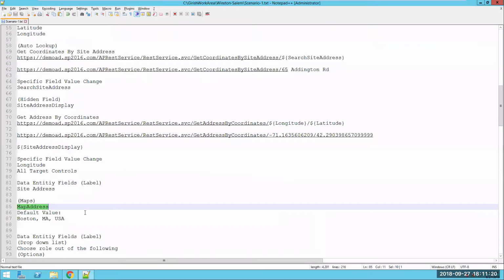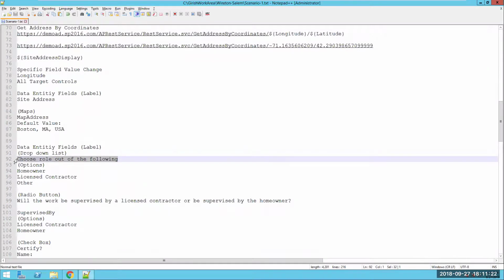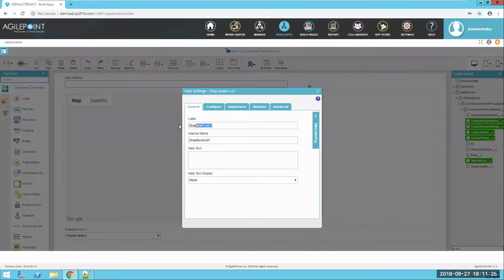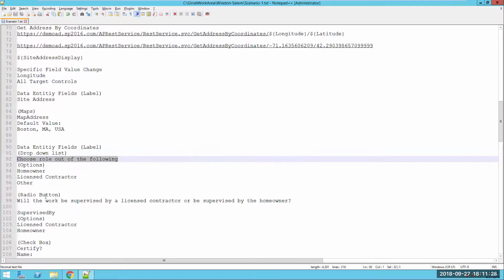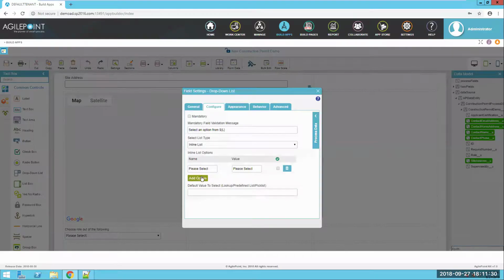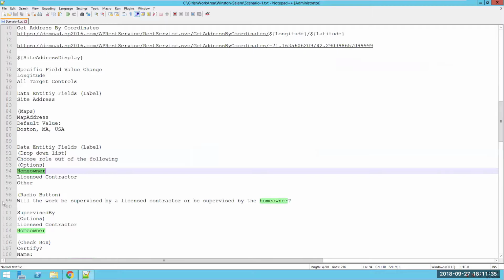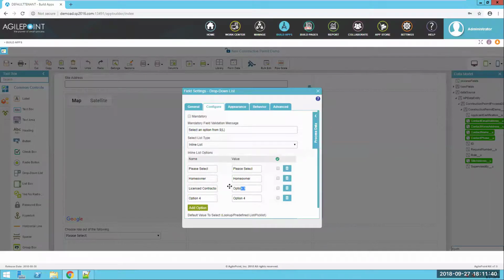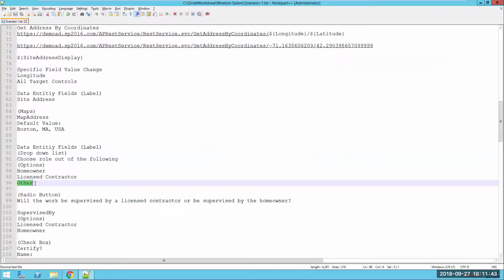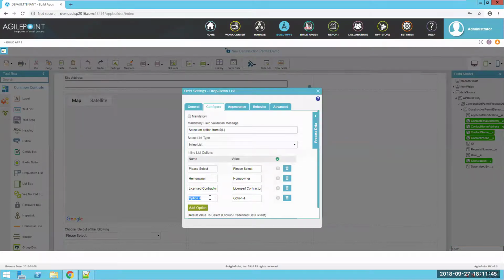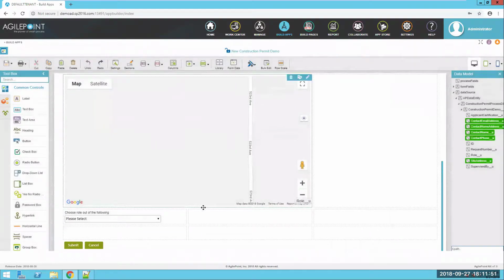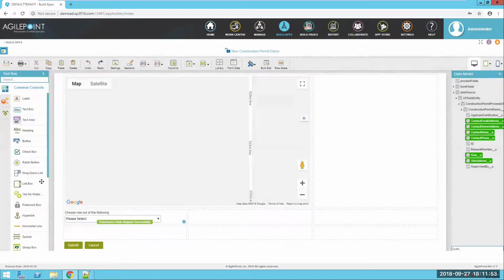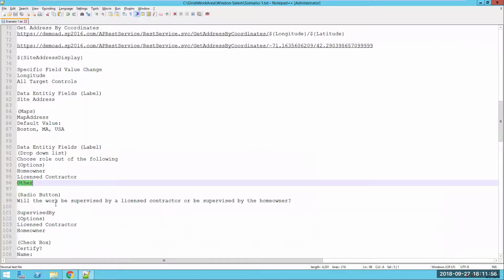Next, I'll use a drop-down list. We will show the role of the user requesting the permit. I'm going to change this and give 3 options. The first of which will be homeowner. My second option is licensed contractor. And my third option will be of type other. I'll close these settings. I will map that field to the role field within our data entity,